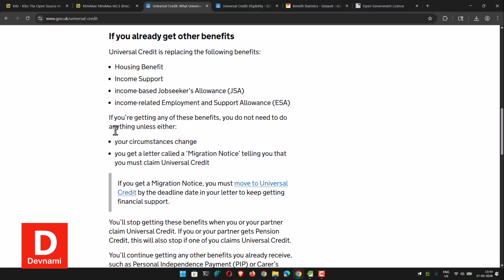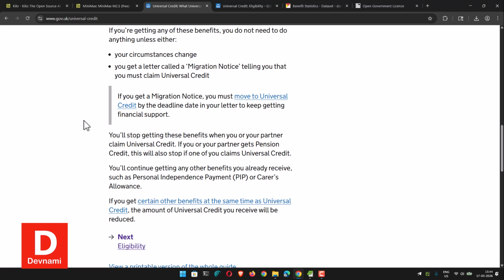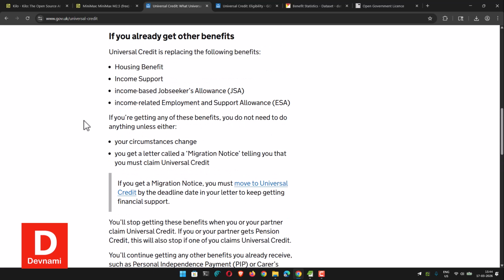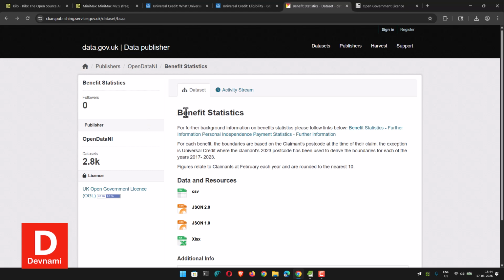Some get migrated to universal credit, some get their own pension. So multiple types of credits are given, which means money comes into your bank. And I wanted to check this data set and create a dashboard around it. So what I'm going to do is check one of the CSV files that has this data from 2017 to 2023, right? So this should help us prepare a dashboard with these particular stats